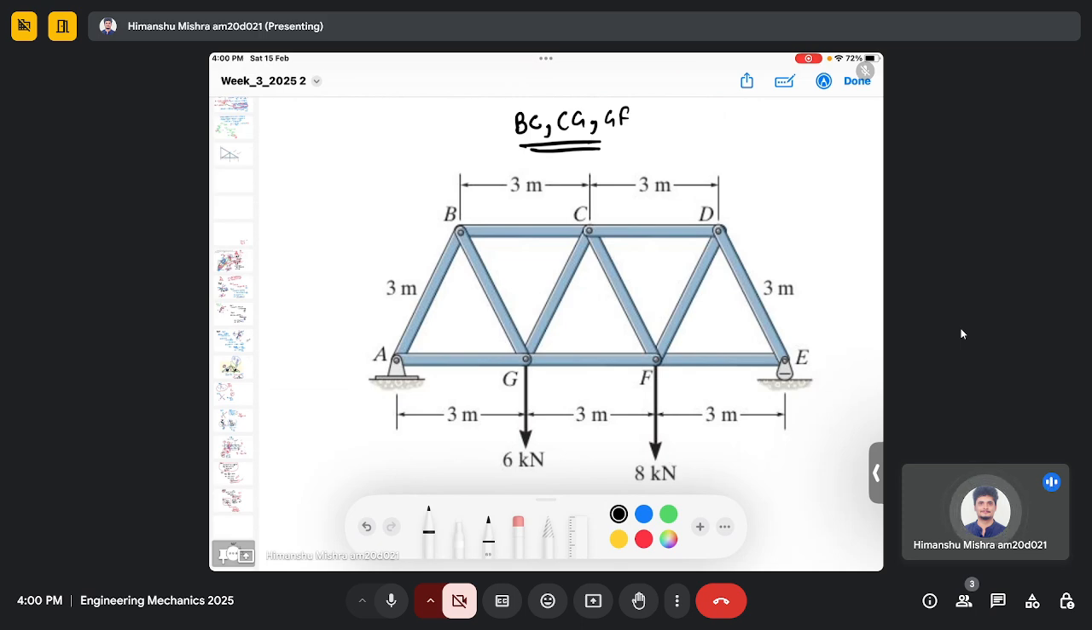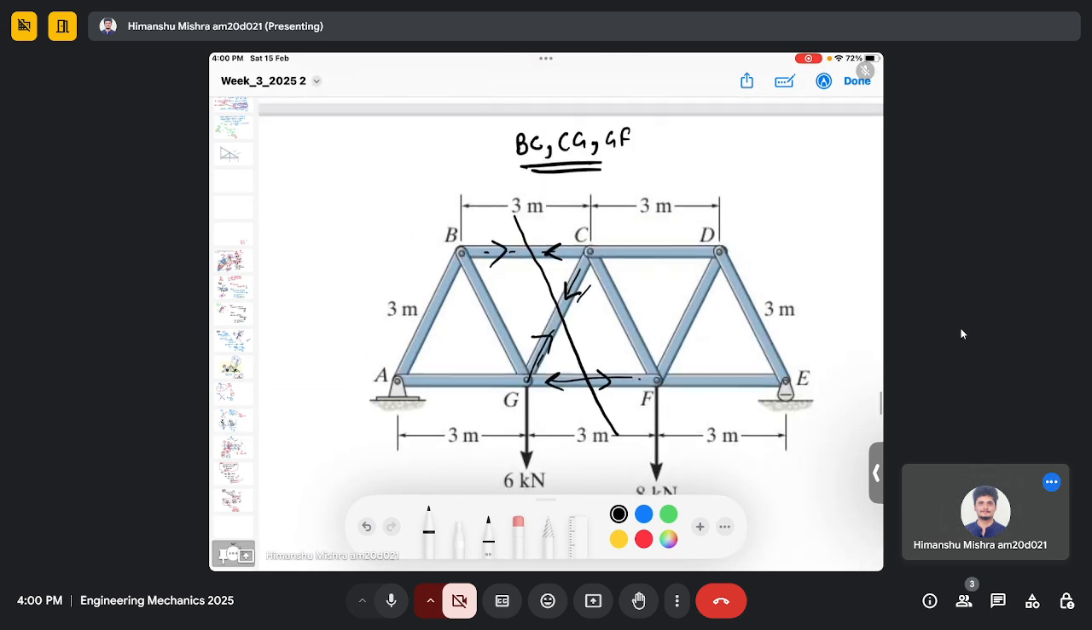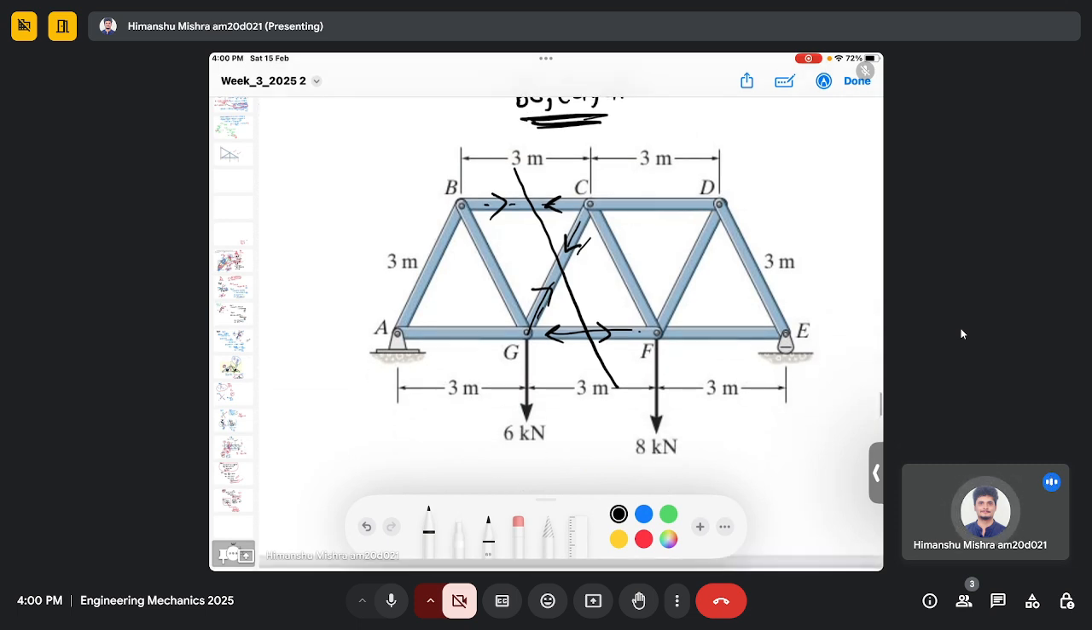Then this is the members BC, CG and GF. So we can make a cut like this, and we can assign some directions here. So these are the forces we need to find in the respective members. So we can use the same trick. First we can actually find the reaction forces AY